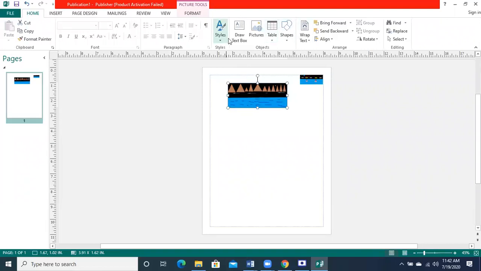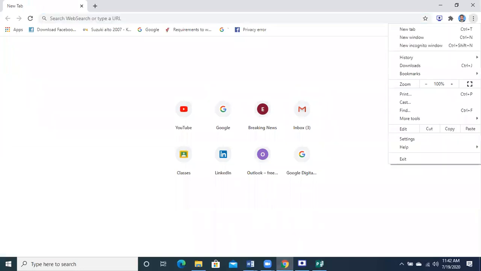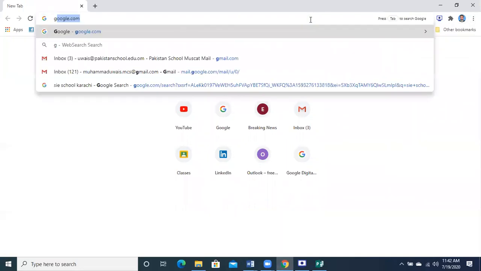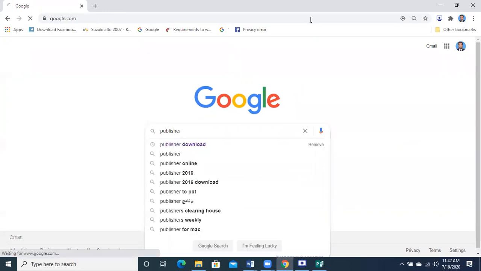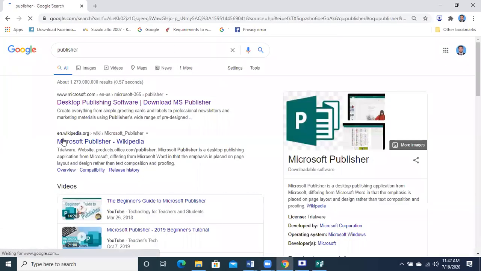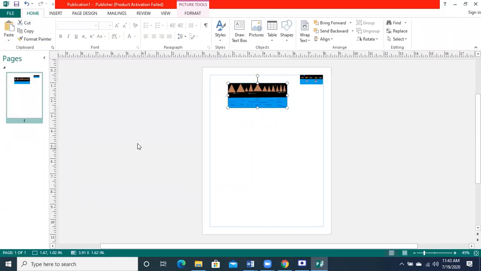Just like if I insert a text box over here, I search some data from Google. For example, I have selected this text and I'm going to paste it here.